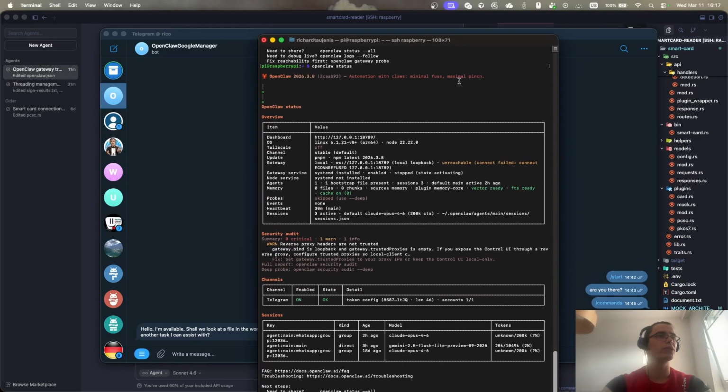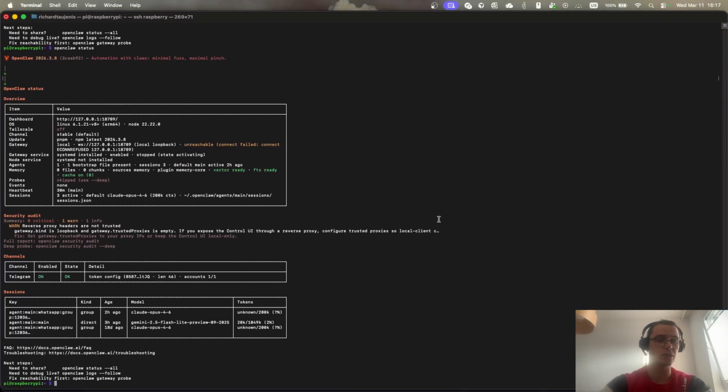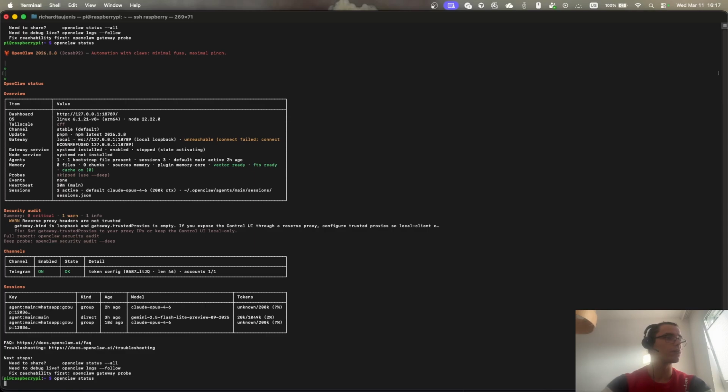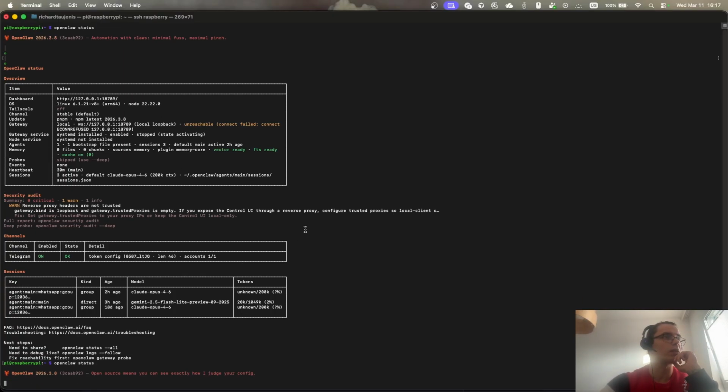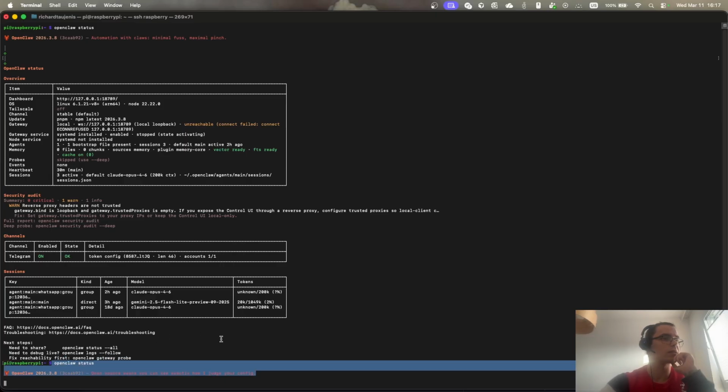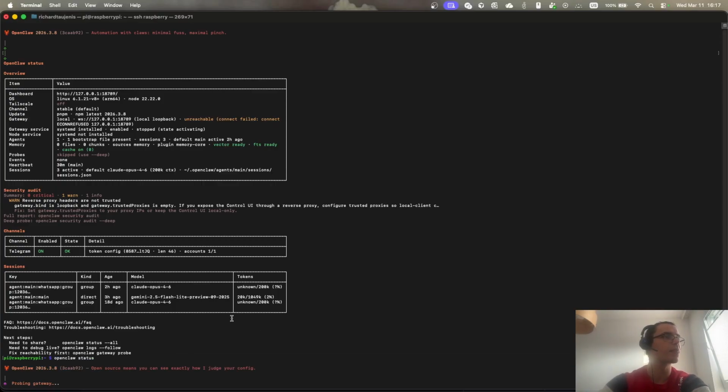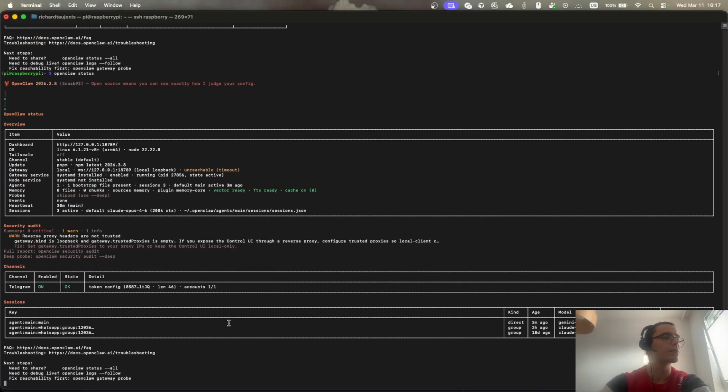So as far as I checked here, I had some unreachable connection. So now when I check status, it actually should work out as expected, because I needed to update my OpenClaw. Here it's going through. Let me see how it's gonna go out now. Okay, now it's